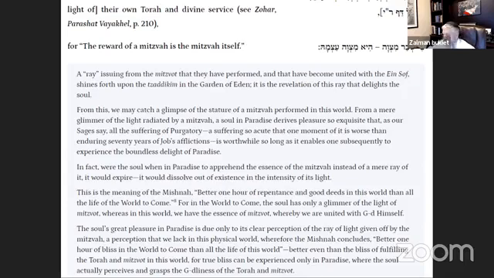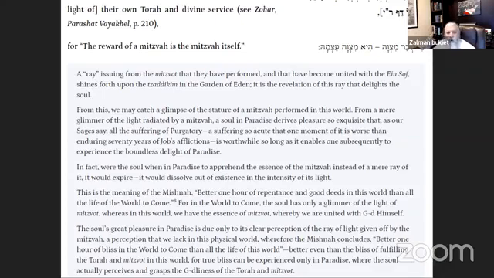A ray, let's finish this off, a ray issuing from the mitzvahs that are performed and become united with Ein Sof, with God, shines forth upon tzaddikim in Gan Eden. It's the revelation of this ray that delights the souls. From this we may catch a glimpse into the stature of a mitzvah performed in this world. From a mere glimmer of light radiated by a mitzvah, a soul in paradise derives pleasure so exquisite that,